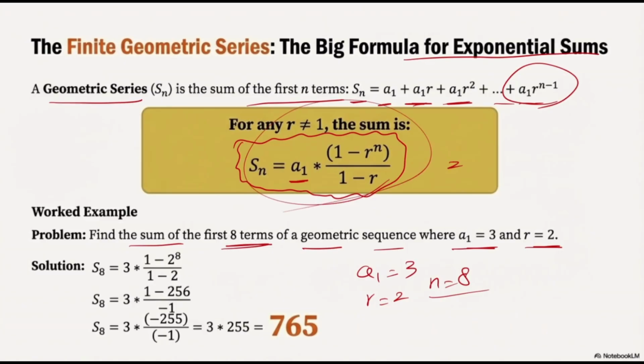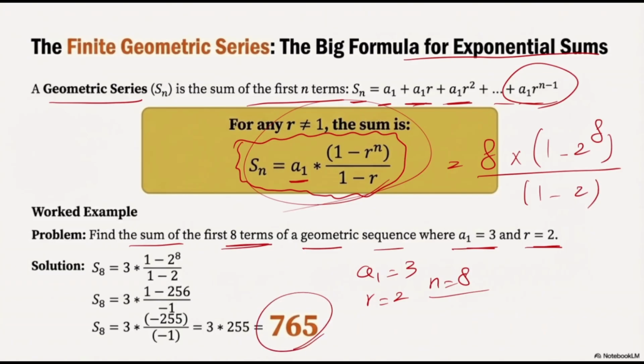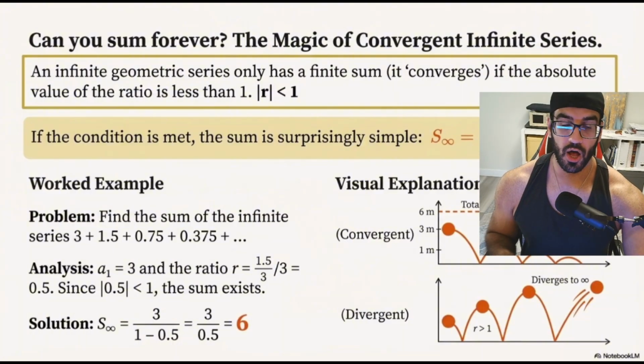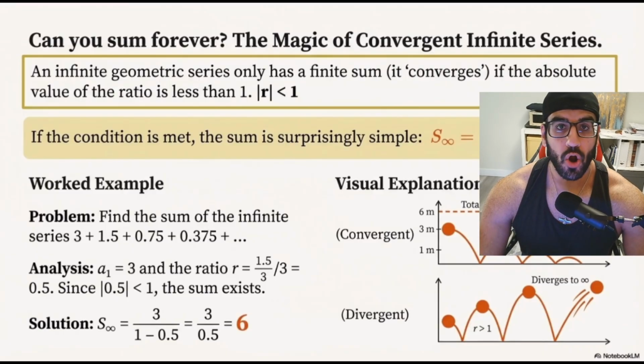So I do have it as 8 multiplied by 1 subtracted by 2 to the power of 8, divided by 1 subtracted by 2. If you do this calculation, you have 765 as your final answer. Simple as that. So here's a real question, because as you just saw, if we do have r bigger than